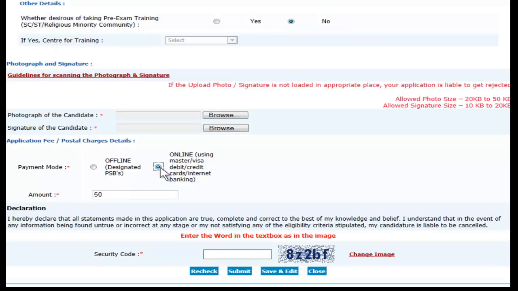If you choose the online mode, you'll be directed to the payment gateway where you can make payments through debit card, credit card or internet banking. And once you fill up all this information and make the payments, you'll be directed to the necessary pages. I would suggest read the information again, fill up the form and then submit here, and then your application process is complete.